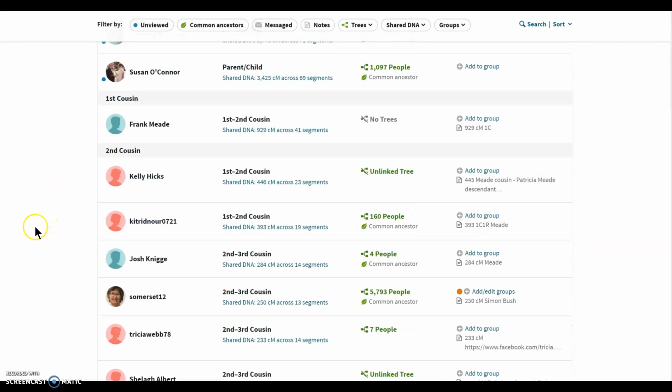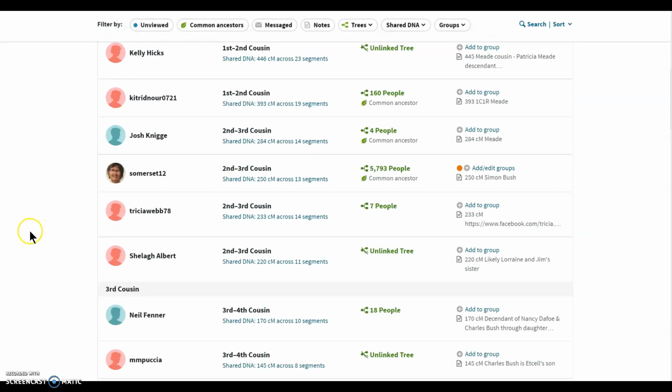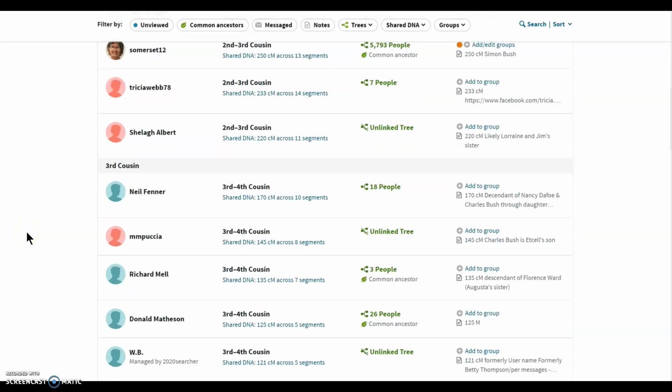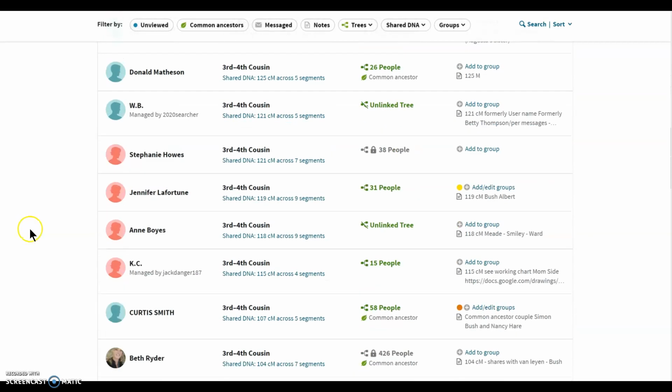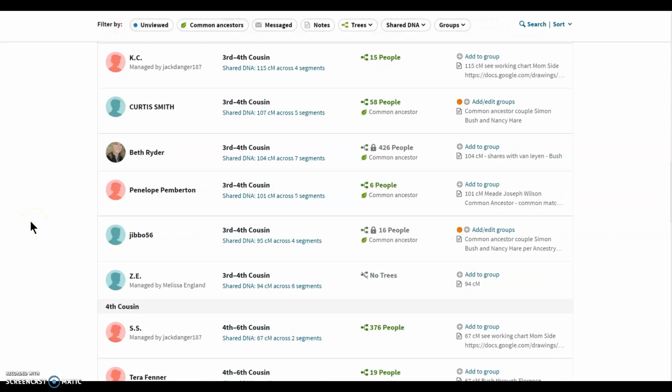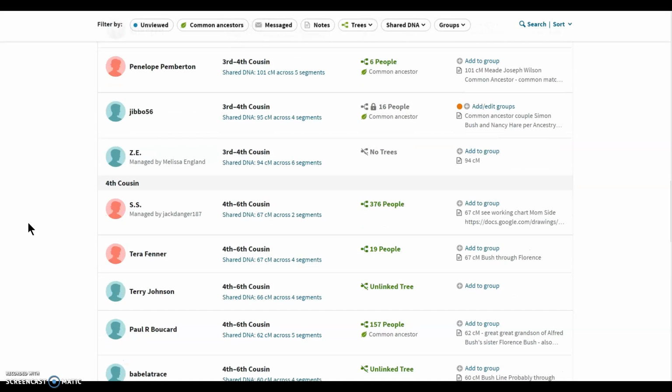I mean, these are close relatives as I scroll down. This is my mother's matches. These are close relatives and so known. But as you get further down, the relationships are more distant, and you may not know what these matches are or who they are. But what's really quite interesting is this